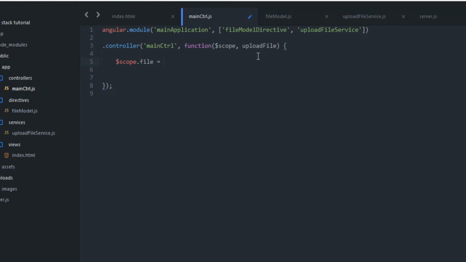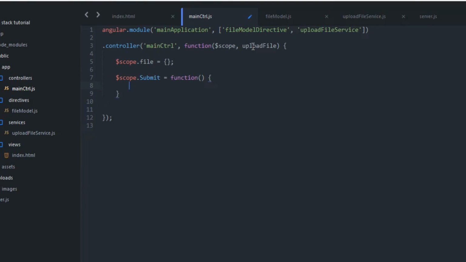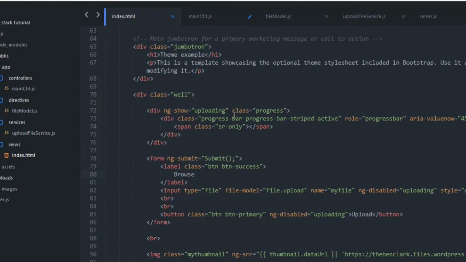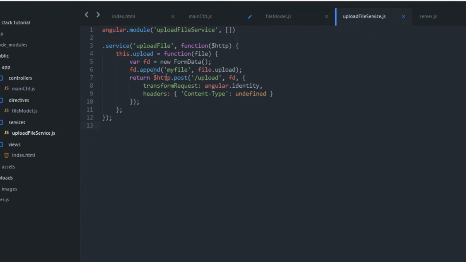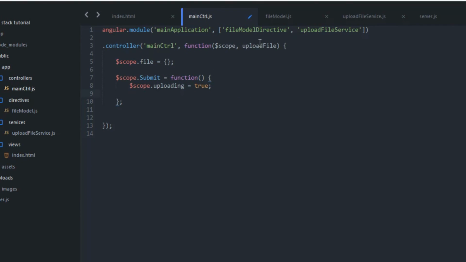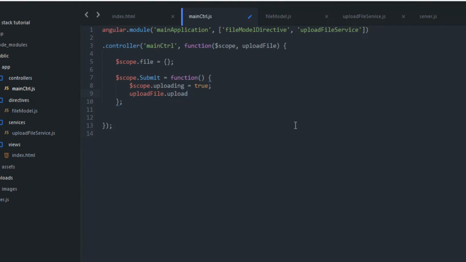So first I'm going to create the file object to make sure it exists before we try to upload anything. And then I'm going to go ahead and create our function here. You don't have to pass it into the function because we're just using it from the scope, right? So if you recall, we created this variable that will activate the loading bar and also disable the forms. So we'll go ahead and call that now. We'll say uploading equals true. And then what we'll do is we'll use the service function, which was upload, right? So the way we do that is we invoke the name of the service, uploadFile.upload, right? So that's directly from here, right? So that's this function, uploadFile.upload. Okay, and it's expecting a file, right? So for us, it's going to be scope.file,